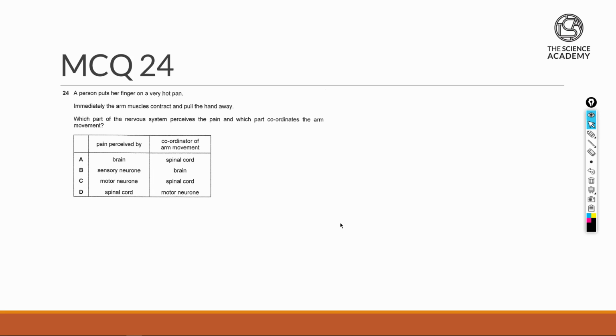MCQ 24, we have our focus now being shifted towards the nervous system. So the nervous system has two forms of pathway. In this case here, we have the reflex pathway, which is otherwise considered the involuntary pathway. And we also have, as mentioned, the voluntary pathway. So reflex could be separated into a spinal reflex